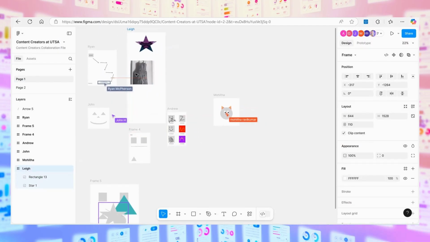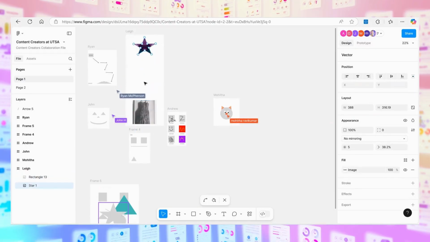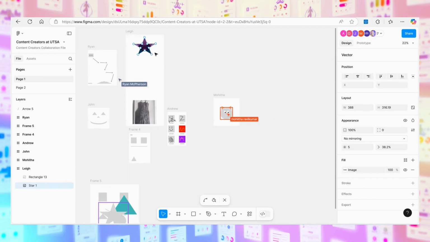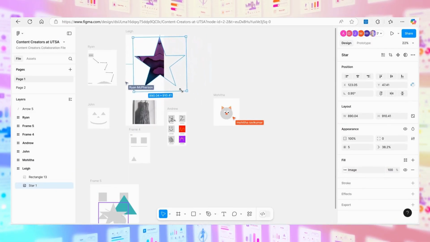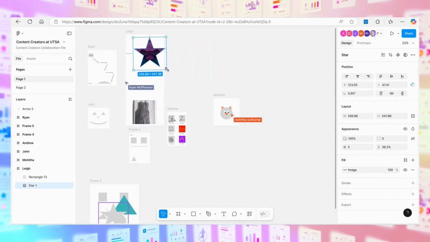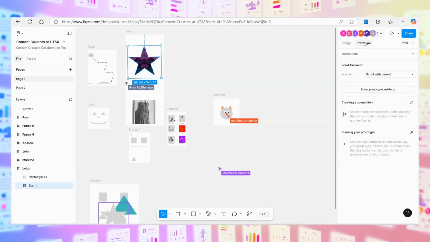How do you link two pages together? That would be the spaghettification that I showed you earlier in the prototyping thing. And see, as I get bigger on this star, the more colors are showing through. So you can change and adjust it. So that would be the prototyping. In the top right bar on the right side, you see design, and then next to it, you see prototype. And you can switch over to prototype mode.